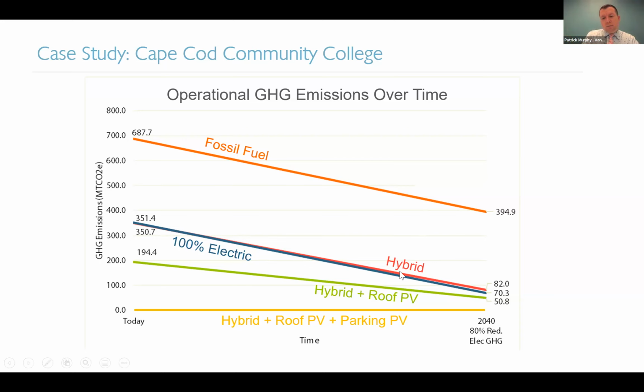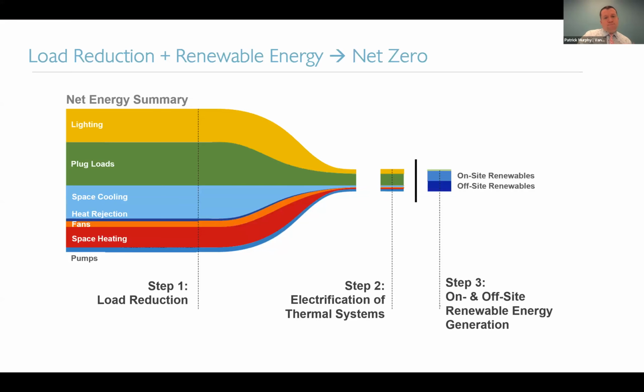So again, remember that wine bottle we started with: the base, we made the building more efficient, we then electrified, that was the neck of the bottle, and then we offset with the cork, which was the on-site and off-site renewables. So our takeaways from this, I keep going back to this general concept, but we need to both do load reduction and thermal electrification. And hopefully you all are on the same page as me now about what we do and don't